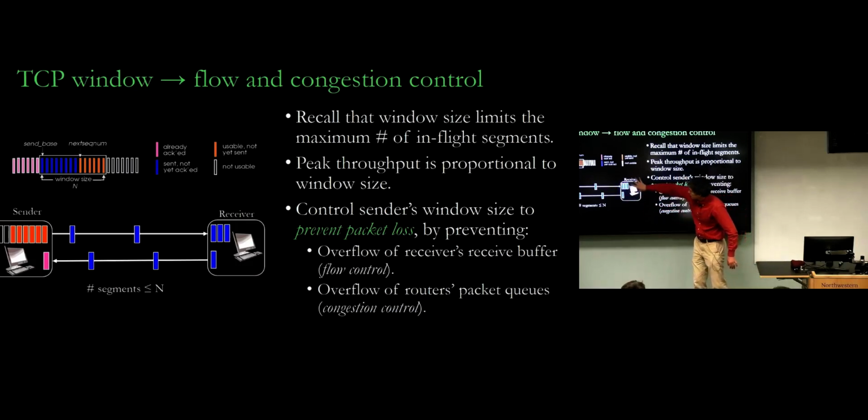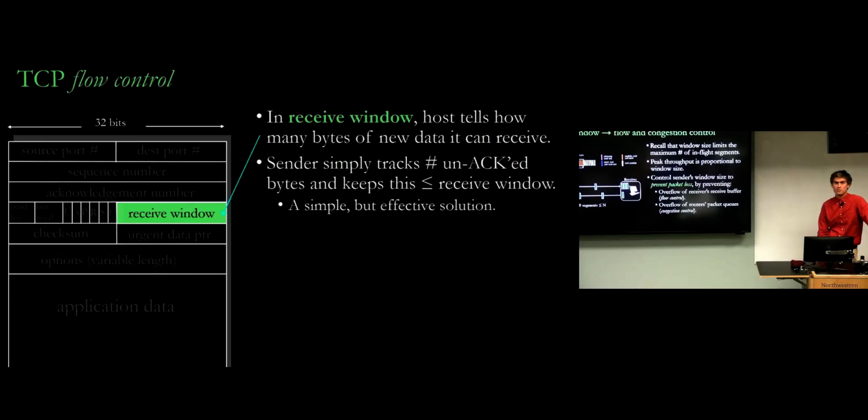Preventing the losses here is called flow control. So this is preventing overflow of the receiver's receive buffer. It's flow control. And preventing overflow of the queues in the routers and losses in the network, that's congestion control. So congestion relates to the network, and flow control relates to the receivers. There are two different sets of policies for controlling the same thing, the window size, that affects two different types of losses. Two different problems you're trying to prevent, I guess. But they're related problems. They're both buffer overflows. But there are two very different policies involved.